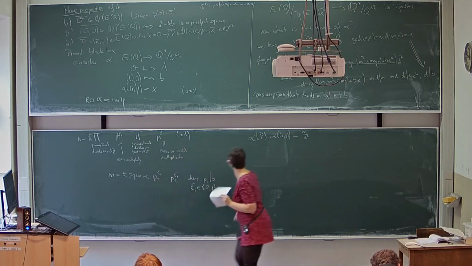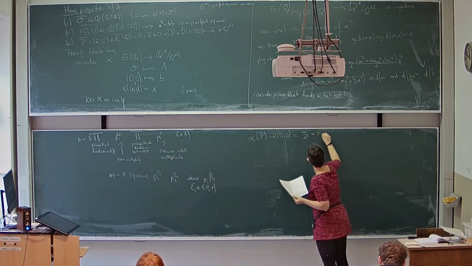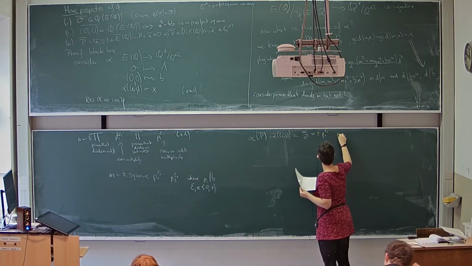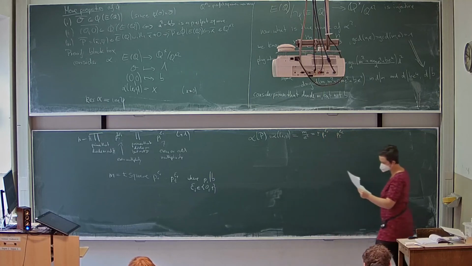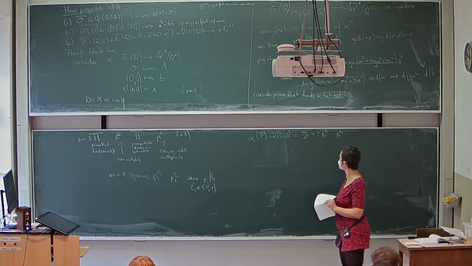We're not interested in squares. So this is plus minus, with the notation from before. What does it mean now? It means